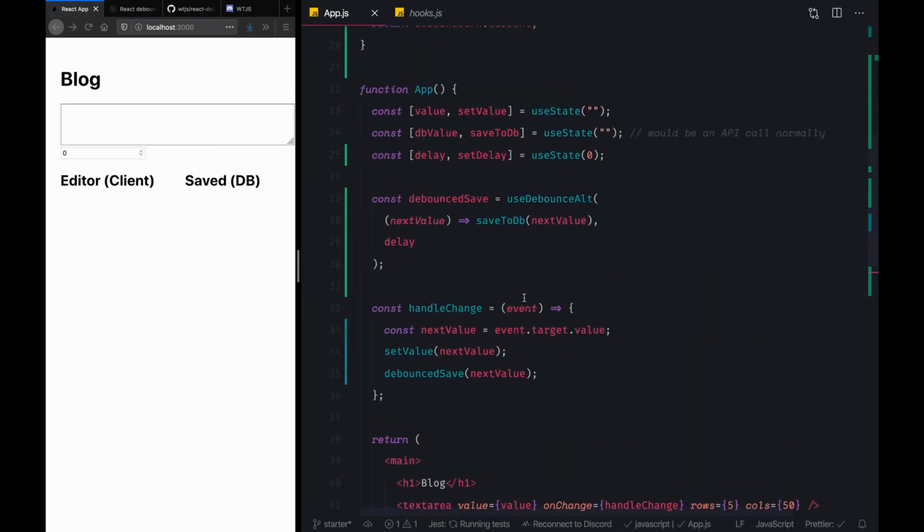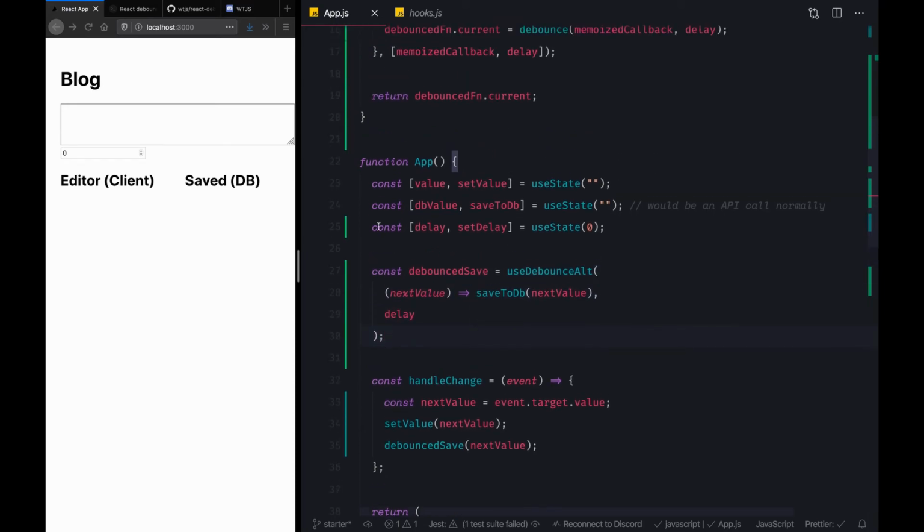Cool. So now even if our delay is dynamic for a debounced callback, that should still update dynamically for this hook. So let's make sure that this is working. Right now we have a delay of 0, so there should be no lag as we type. And now let's make this delay 1000.